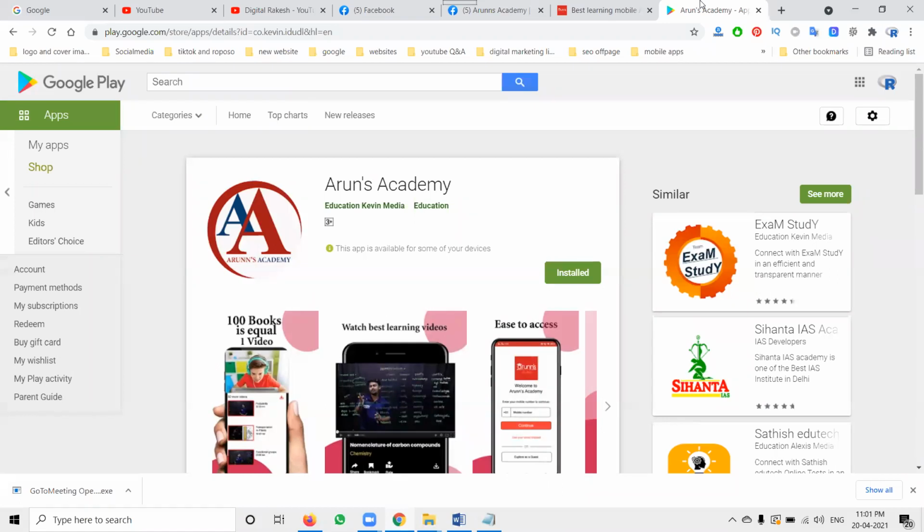So first of all, I'll explain about the Arunus Academy. The main purpose of launching this application is 6th to 10th CBSE subjects: maths, physics, chemistry, biology. They give complete live classes from 6th to 10th class, CBSE and State Board of AP and Telangana. This application will help students learn real-time scenarios and live classes, and chat will also be accepted in this application. So for this application, Arun Academy, right now I can advertise using the Facebook option.